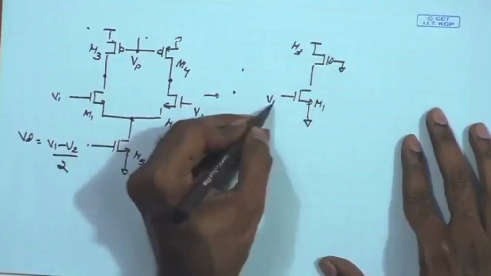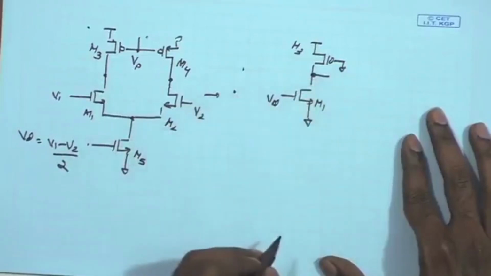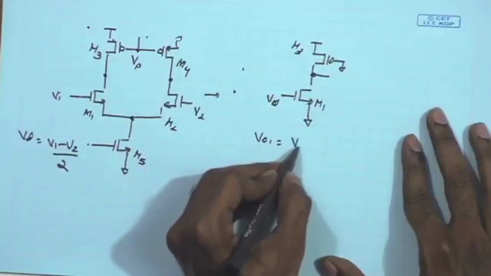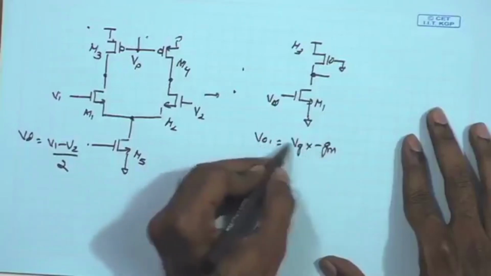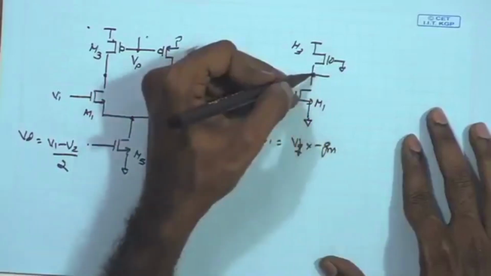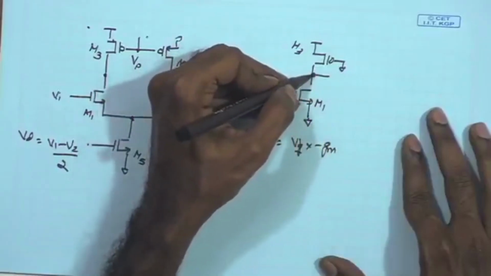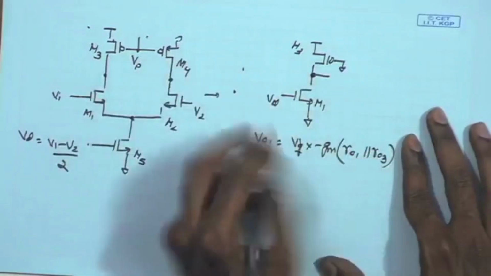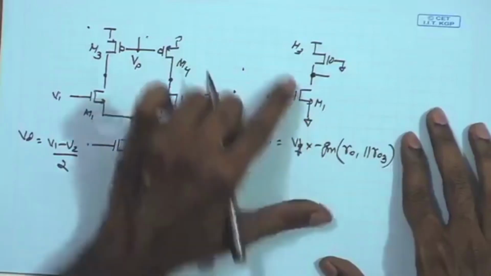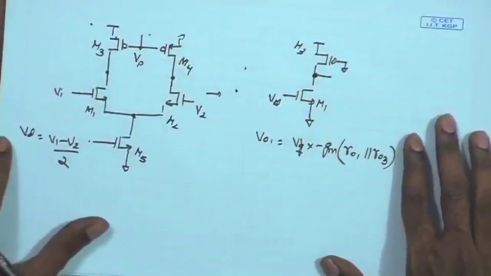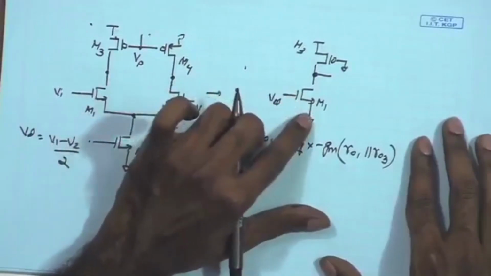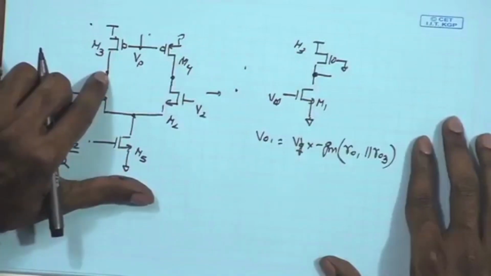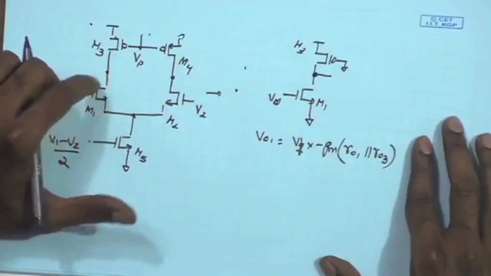So you have Vd applied over here, and we know that for this particular signal our output signal VO1 will be given by Vd times minus gm times the small signal output resistance over here, which is RO1 parallel RO3. So this breaks down to a simple common source amplifier with an active load. And looking from the basics, we understand the need of an active load. The main advantage of an active load is that it can give us large gain